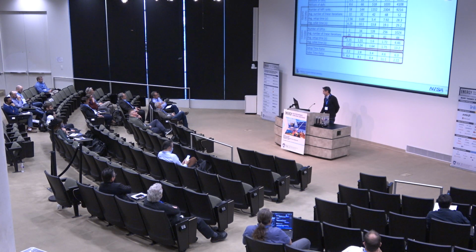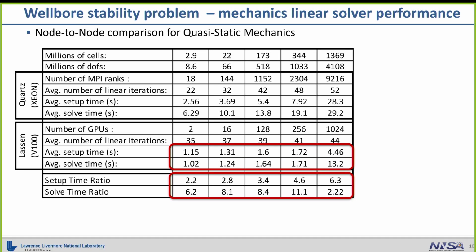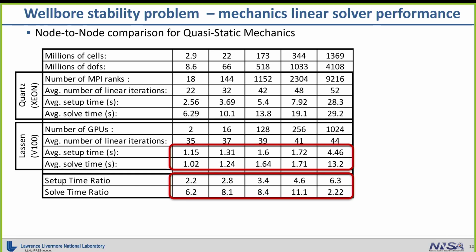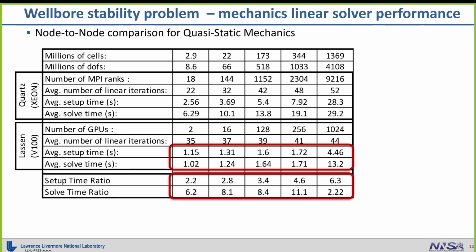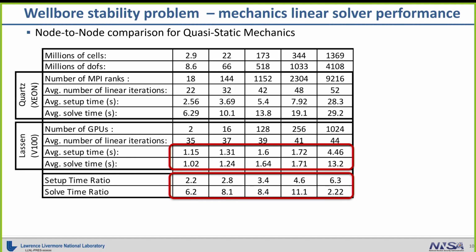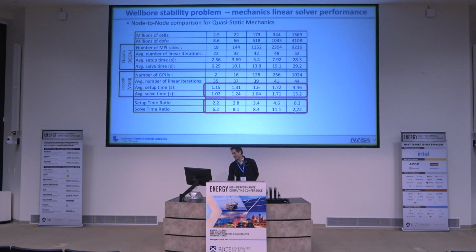If we look at setup time versus solve time, this is an algebraic multigrid preconditioner. Setup time is essentially the time to set up the algebraic multigrid preconditioner once you have the matrix formed. You can see that it is actually a significant portion of the time as opposed to the solve time, which is the Krylov iterative solver. You can see that the time goes up, and then you get this great performance down here for the Krylov solver, but it's a little bit sketchy how well this is going to scale past 4 billion